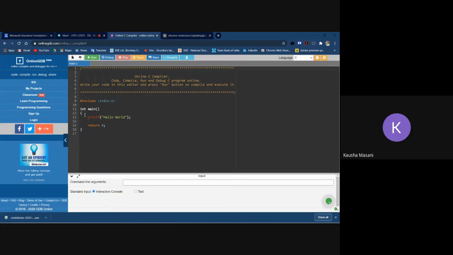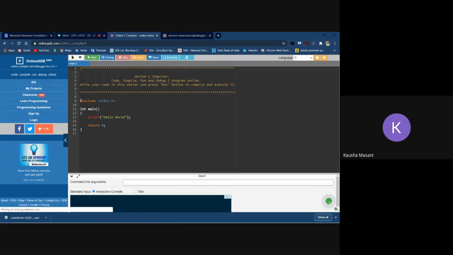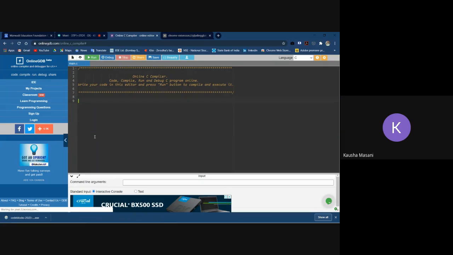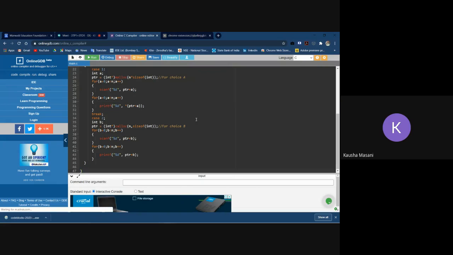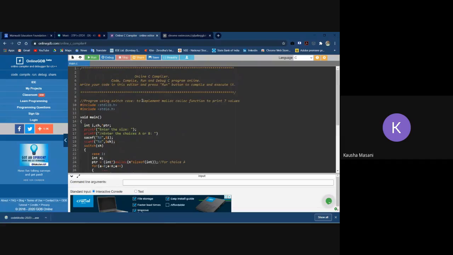Okay, now replace the whole code here. Control A, Control V. Now try to run it.